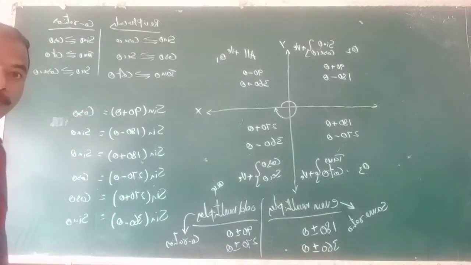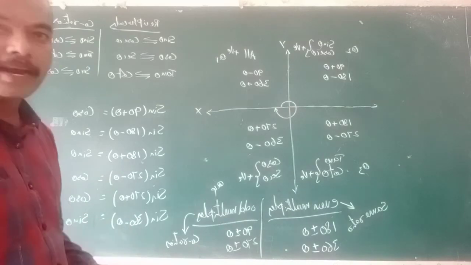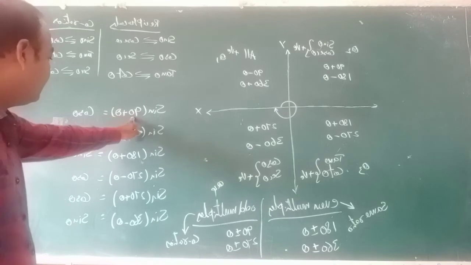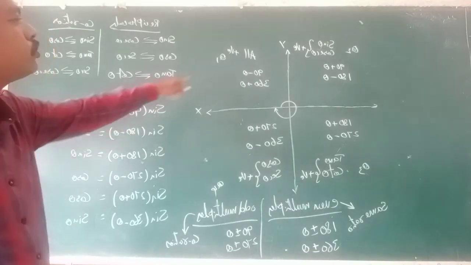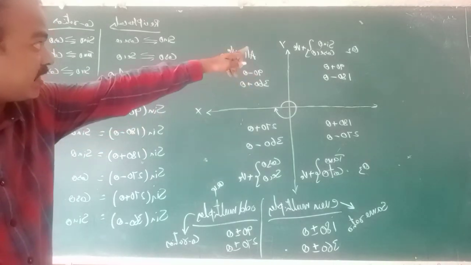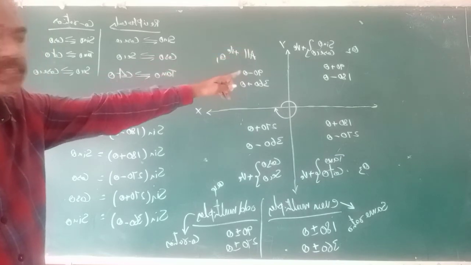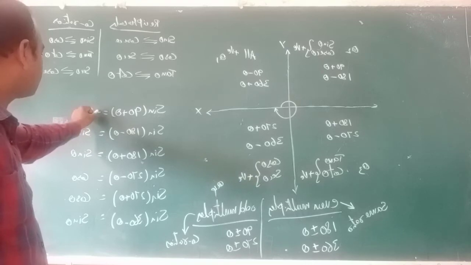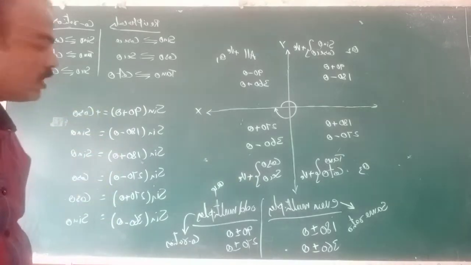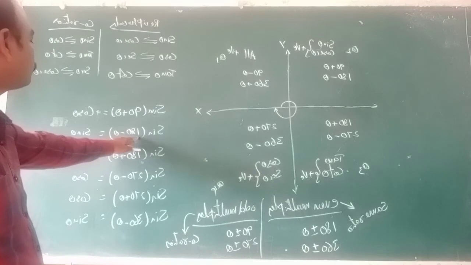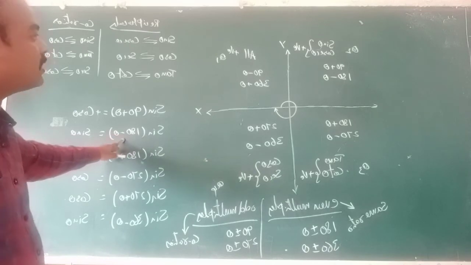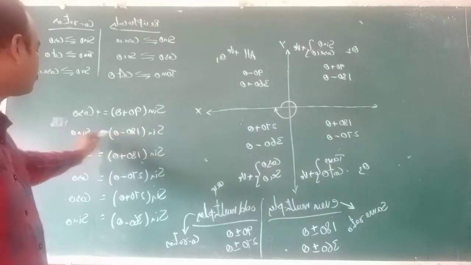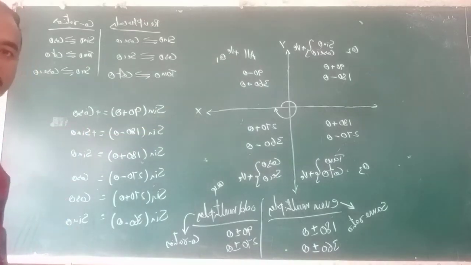Now see here, when it becomes plus and when it is minus. Once again we will check. Sine 90 plus theta goes to the second quadrant. In the second quadrant sine is positive. So sine of 90 plus theta is plus, so it is plus cos theta. Sin 180 minus theta: you have to see this angle, 180 minus theta goes to the second quadrant. In the second quadrant sin is positive, so it is plus.